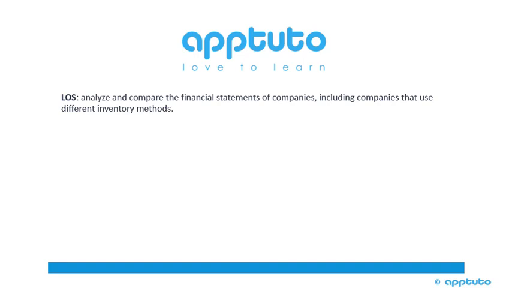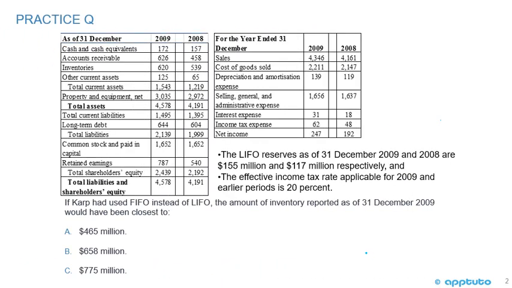This LOS is to analyze and compare the financial statements of companies, including companies that use different inventory methods. Okay, now we're going to go through a series of practice questions. It's like an item set because we're going to use the same data and then we're going to ask a series of different questions. So I'm not going to read through all the numbers, but we can see here on